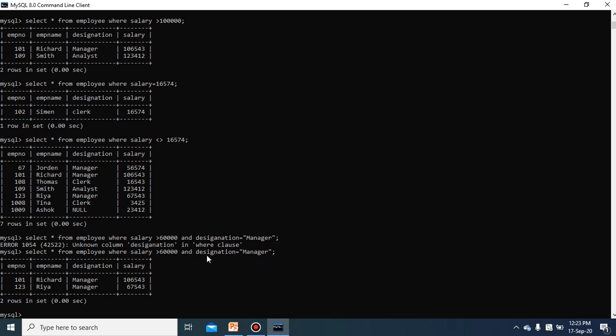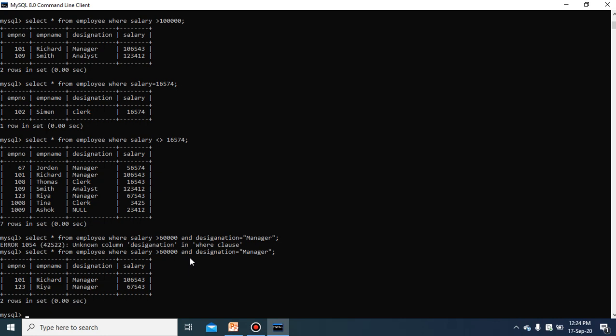If any of the expressions is false, the whole expression will be false and you will not see the output. So all the conditions should be true when you are using the AND operator. If you write AND in small letters or capital, both are correct. This is how we use the AND operator.